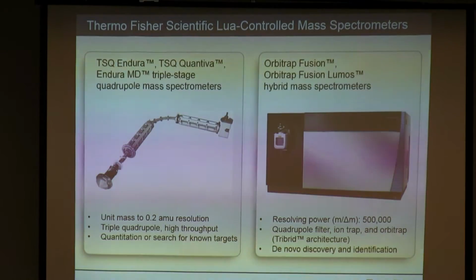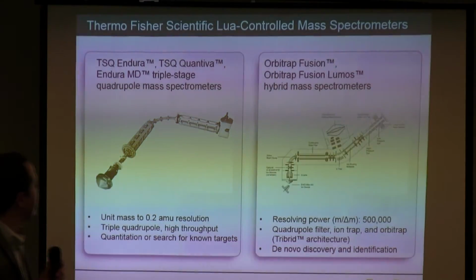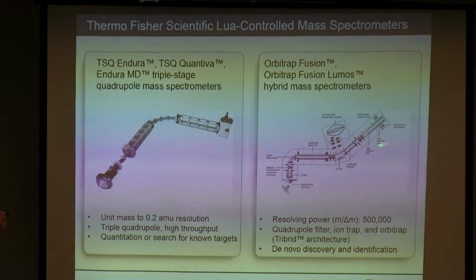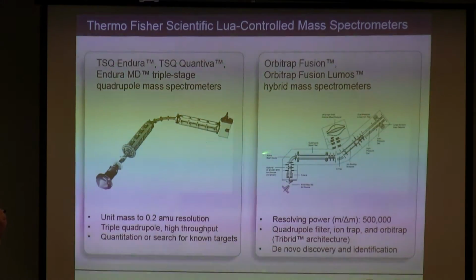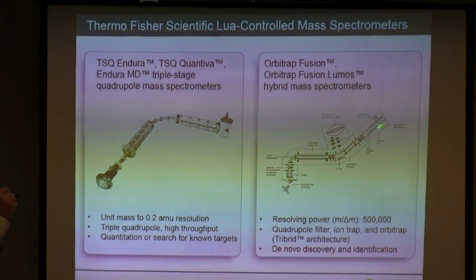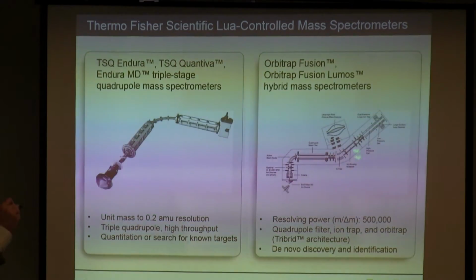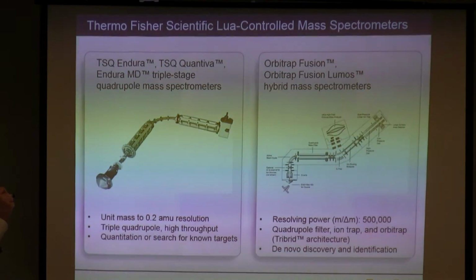The triple quad has two quadrupole mass analyzers, a collision cell for breaking things up, and of course the detector, plus a whole slew of ion optics to get things in. The Orbitrap Fusion has a quadrupole mass filter and an ion trap for mass analysis, which is really sensitive. You can imagine funneling ions in, storing them up, so the weak signal keeps coming, and then analyzing it. And then something called an Orbitrap,